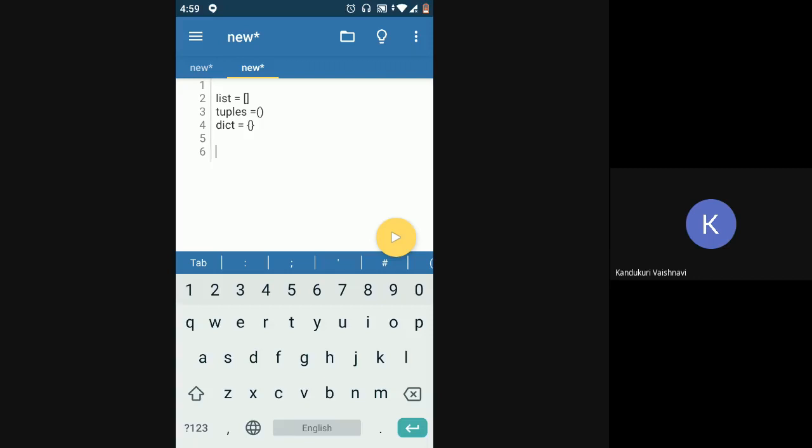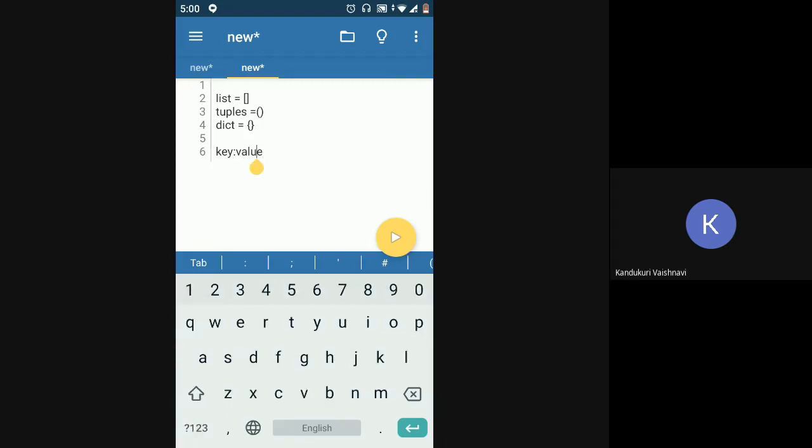One way in which you can differentiate between a list and a dictionary: let's take that ice cream example only. If we have an ice cream menu where we have certain flavors and we just want to store the names of the flavors, in that case I'll use a list, right? But if I want to store a key value pair, that is, if I want to store ice cream and the cost that the ice cream has, then you want a key value pair. You have a key and you have a value.